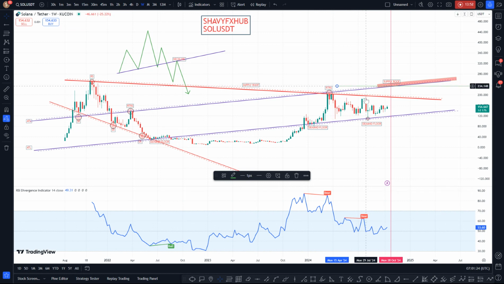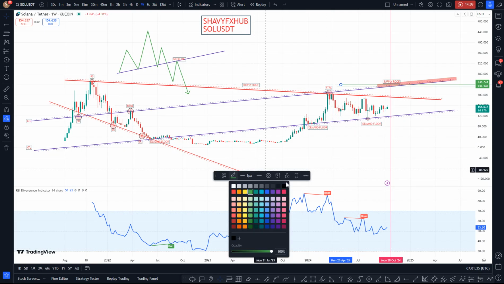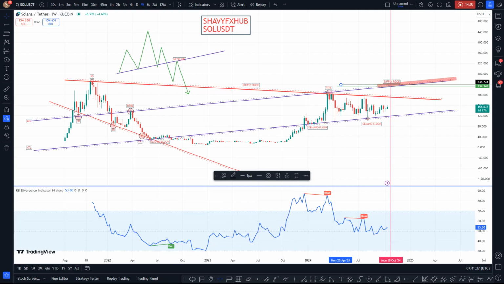234.148 will be your next sell order. This is the zone, so we expect price action in this zone. It will happen. So we have here, like we explained, the head and shoulder, breaker from the head and shoulder,